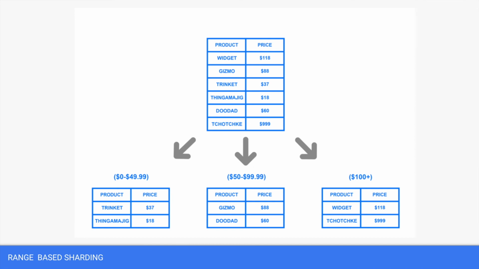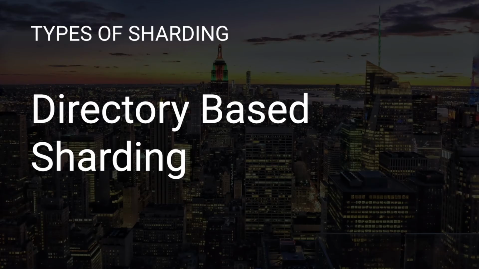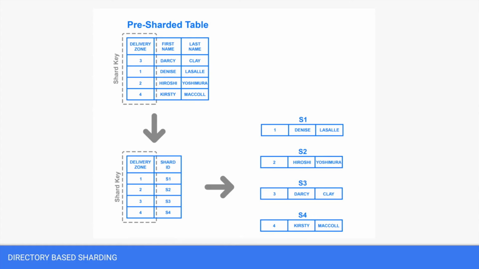Then next is directory-based sharding. Let's say you have a table within your database in which you store which shard holds the value for this data, and then we query this. For instance, in a normal database you have IDs like 1, 2, 3, 4 and names like A, B, C, D. Now in the sharded setup, against 1, 2, 3, 4, I will maintain the shard ID on which this data is available, and on that shard this data will actually be available.